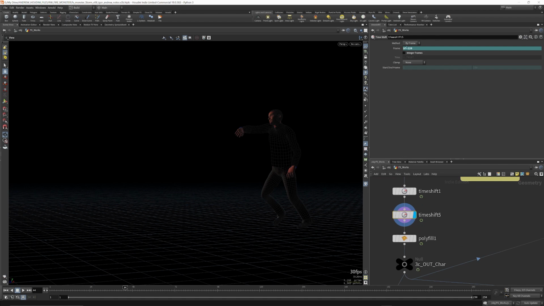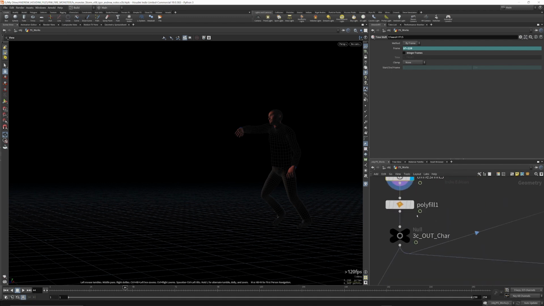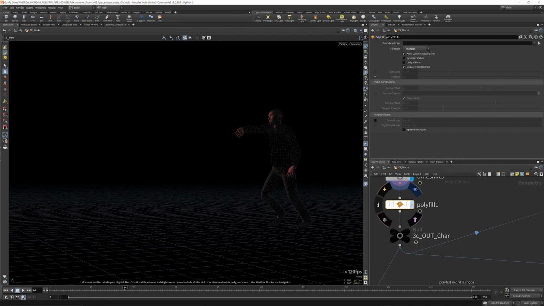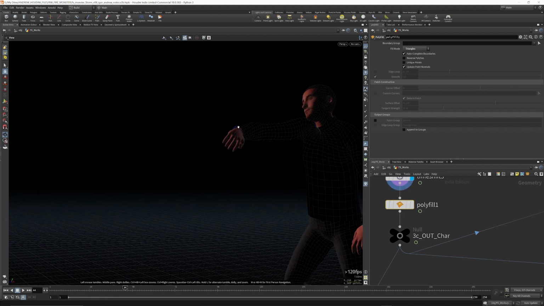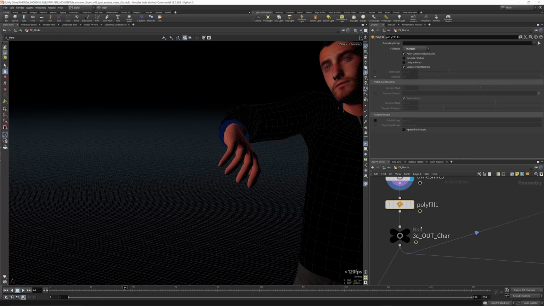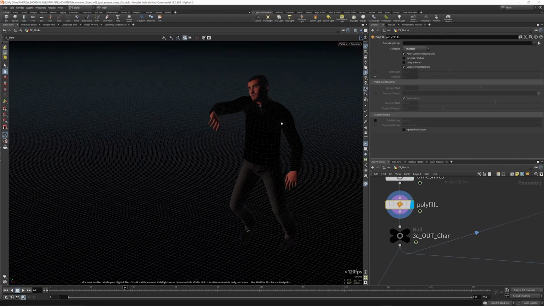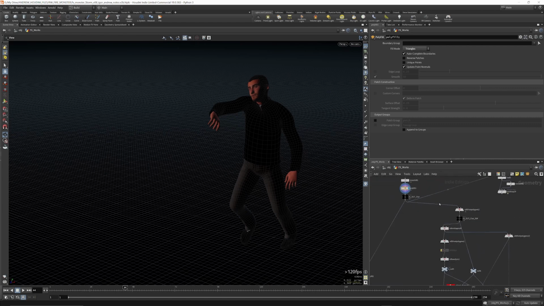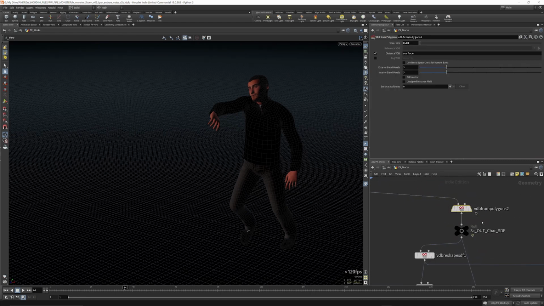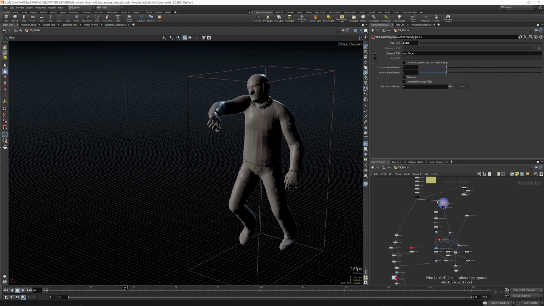And here, because we've slowed down, we want to jump forward in our animation a bit. So we're just adding 220 frames. That's just going to ensure that our animation starts where we want it. From here, we're doing a polyfill because we've got some holes in our mesh. So if we put down a polyfill, you can see that essentially this mesh is now watertight, which means we can compute an SDF field with a VDB from polygons